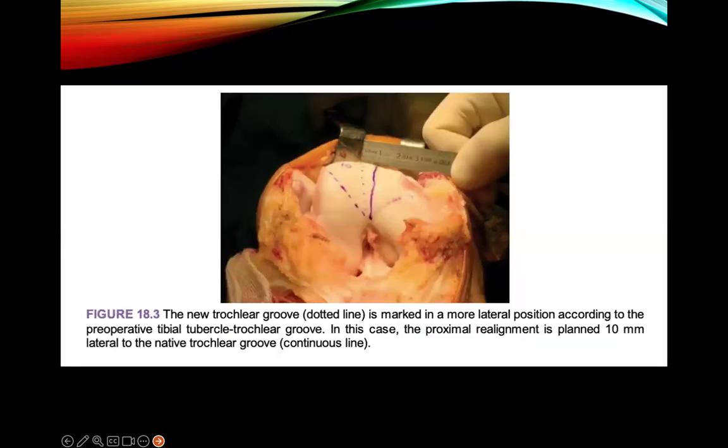Then you do assessment and planning of the trochlea. The native trochlear groove is marked with a sterile pen, and then you draw two additional divergent lines as shown in the figure here, starting at the notch and directed proximally outwards. These represent the new medial and lateral facets. Then you have to determine the TTTG ratio. For example, the normal value is between 10 to 30. More than 20 is pathological. By doing this sulcus deepening trochleoplasty, we can reduce the TTTG ratio by 5 to 10 mm.